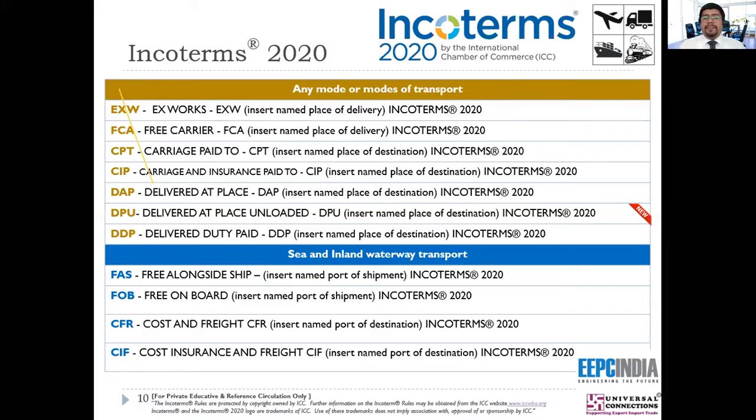Now, because we are dealing with goods, it is always pre-decided that the goods are going to move from the seller to the buyer. So the seller is going to be the beginning point and the buyer is going to be the end point. Now, if that being so, we know there are 3 factors to it. Number 1, whether the risk gets transferred, the obligations which the seller and the buyer have to do, and the cost. When you put all of these 3 together, and when you put 2 parameters, that is the seller and the buyer, and you arrange them from giving the seller the least obligations, the minimum obligation to the maximum obligation,